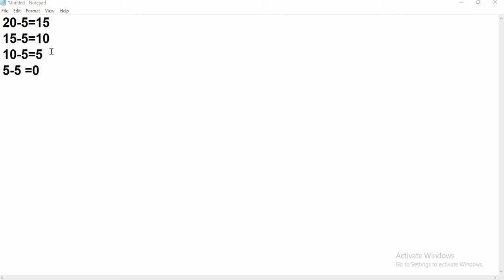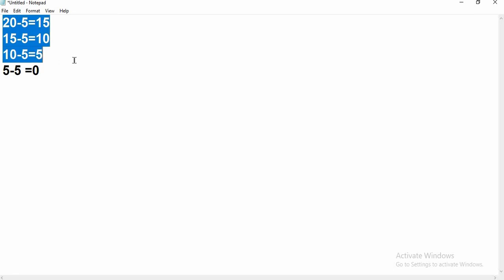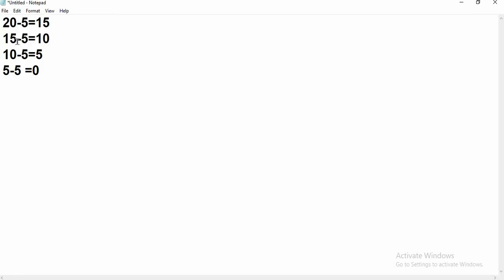So this logic is applicable for any number for checking is the number divisible by a given number or not. So we will implement this logic. We use this logic because there is no separate instruction for division as we have seen in multiplication. So we implement this one. There is another logic which is we can see the last number or the last digit is 0 or 5. If the last digit is 0 or 5, we say that it is divisible by 5. We will take that one in another video.